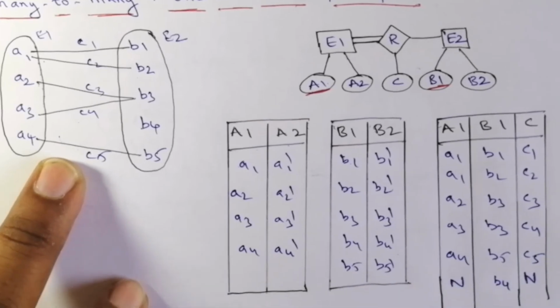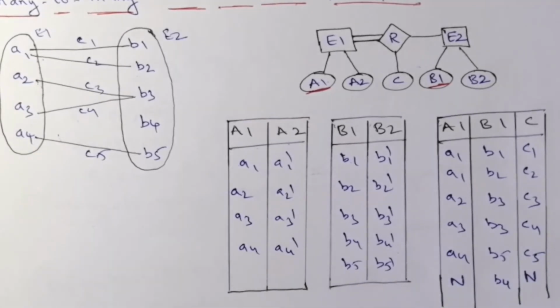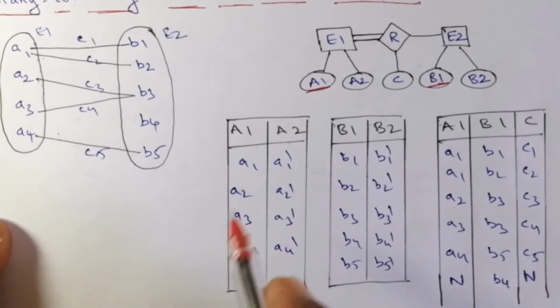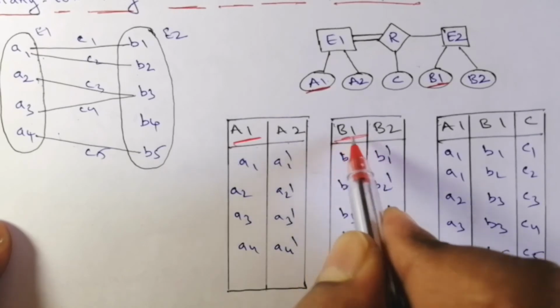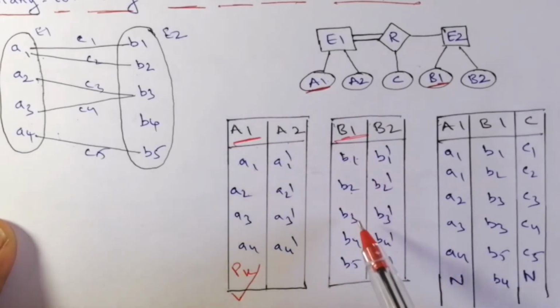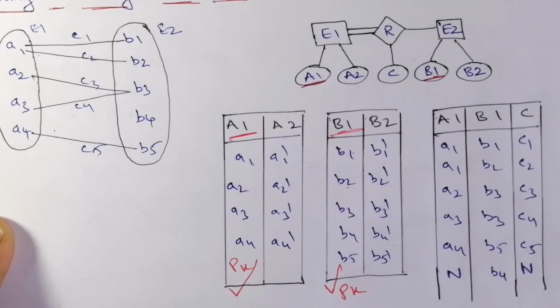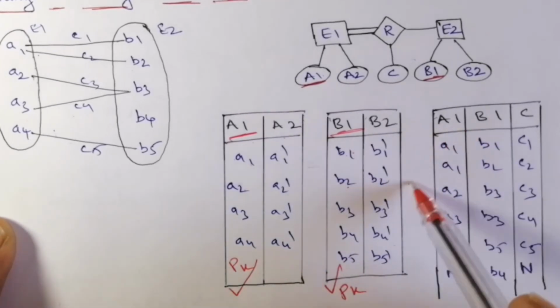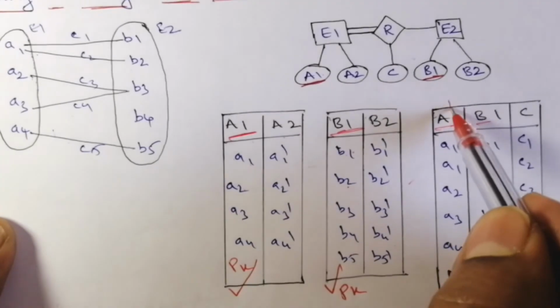So if we consider the true case here, every entity should have a primary key. So a1 is the primary key, a2 b1 is the primary key. So a1 a2 a3 a4, the primary key is okay here. And if you compare here, b1 b2 b3 b4 b5, the primary key here is also okay, right. So these are two, so the a1 and b1 here are the foreign keys, right.